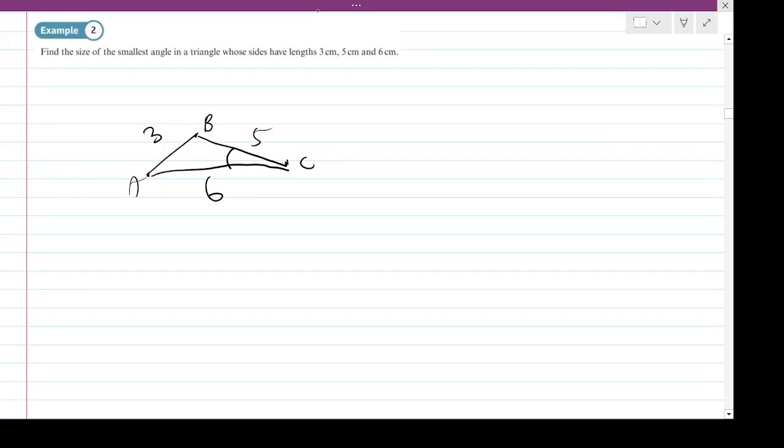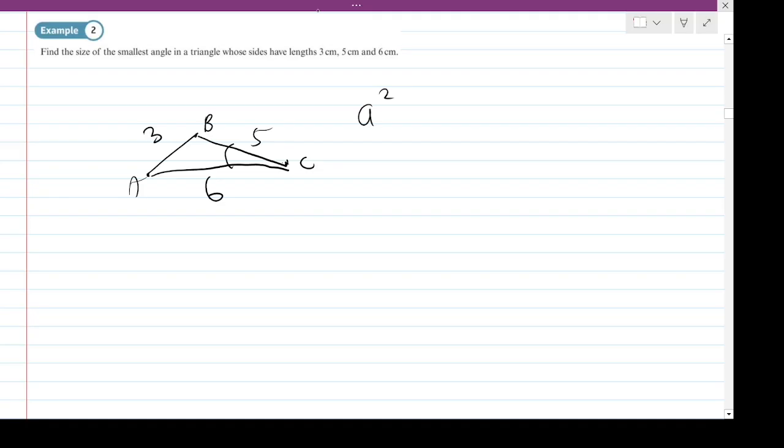Alternatively, you could find all 3 angles, and then from that, obviously, you can deduce the smallest one. But that might take a bit of work. But hopefully you can notice on the sketch that this will be the smallest angle, and it's the angle facing the smallest side. So this is the angle we're going to be working with, the angle at C here. Well, then we need to find an angle, but we know all 3 sides. So,